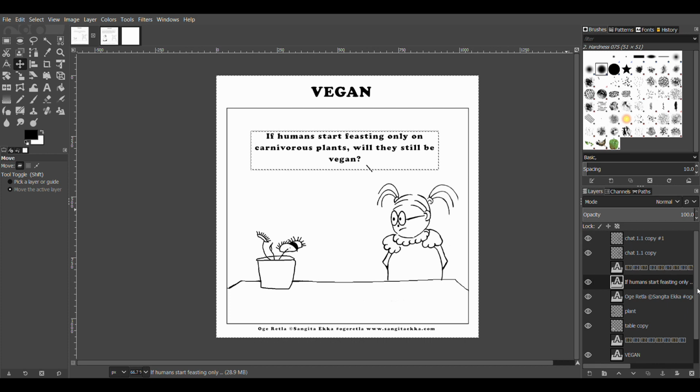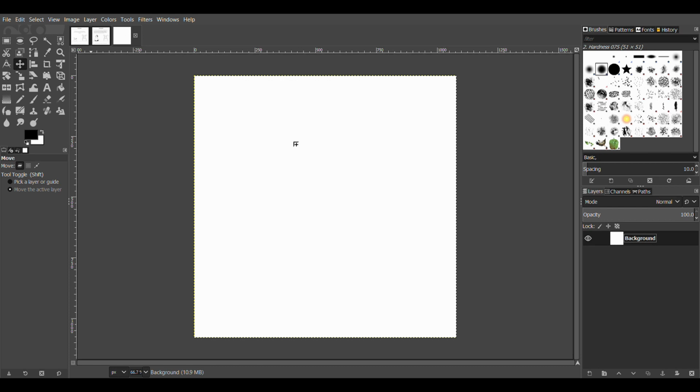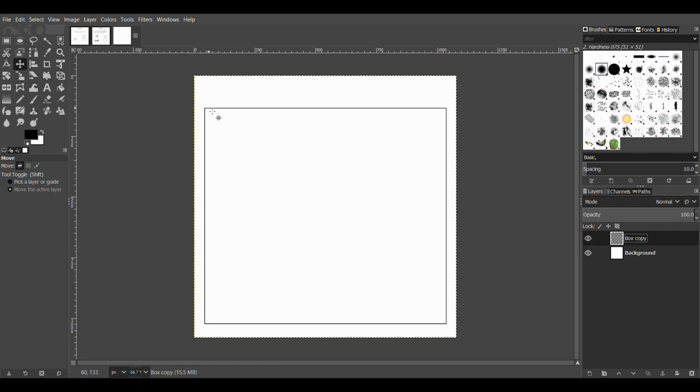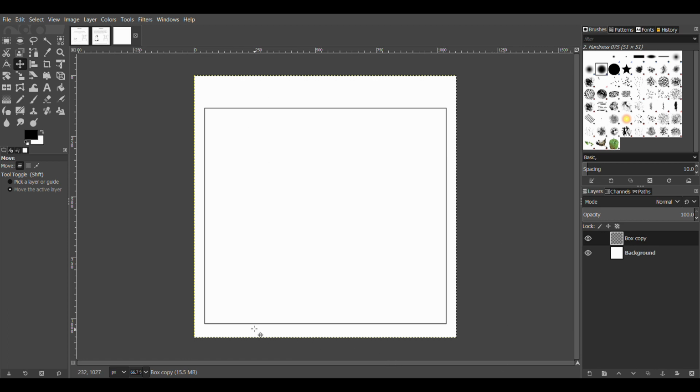Let's say I want to take this box and use it here in the new comic. You can see this layer called box copy over here. Just select that, hold it, drag it, move it to this tab and just drop it. So you just have a square just like that, the way that you created over here. You do not need to go ahead and create a new square. I have demonstrated how to create them in earlier tutorials that you can check out.